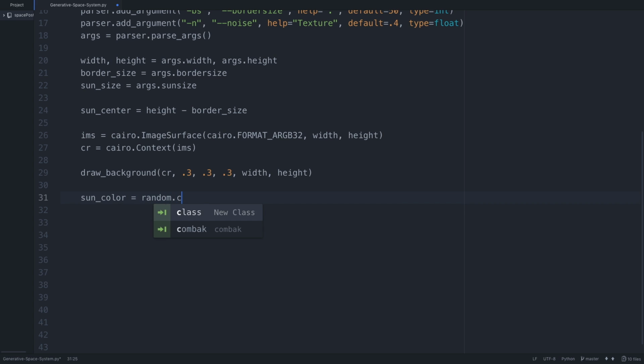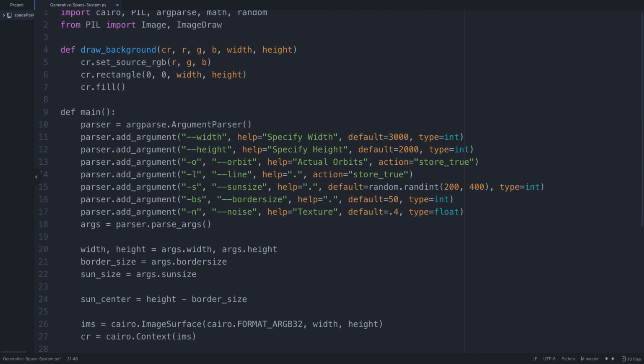Sun color equals random.choice list of colors. Now, list of colors is something else that we have to define. It's just going to be an array of these RGB values that can contain any you want. When I first started working on this project, I actually made it where the colors were completely random, but it just didn't look very good in my opinion. I couldn't really get behind it because there's so many colors, and it was difficult to just let it run free and have it look appealing almost at all. So I'll throw in the list that I created,